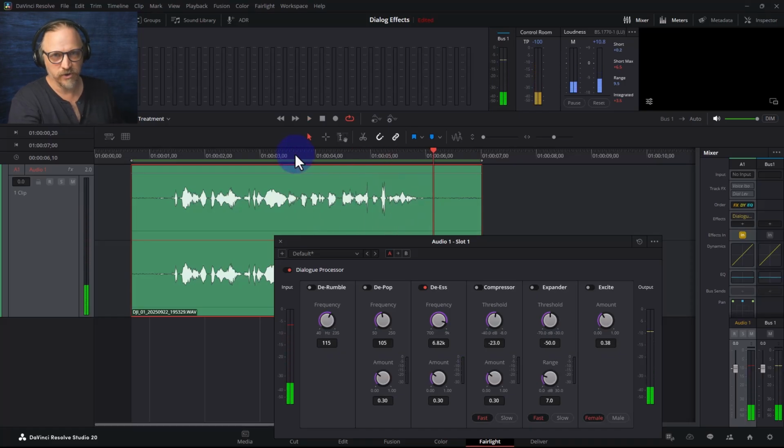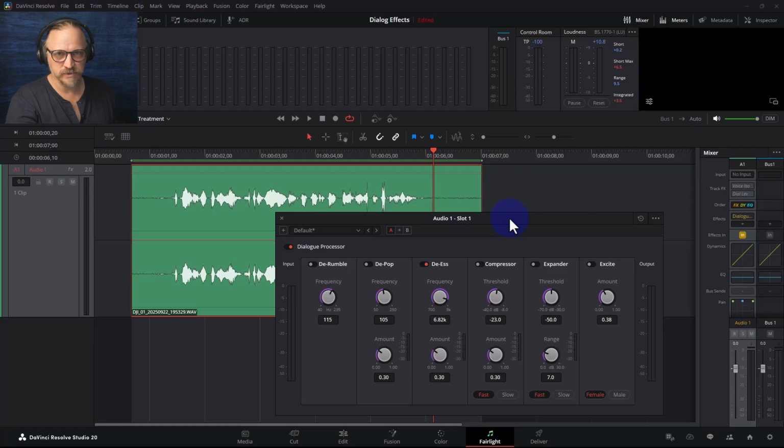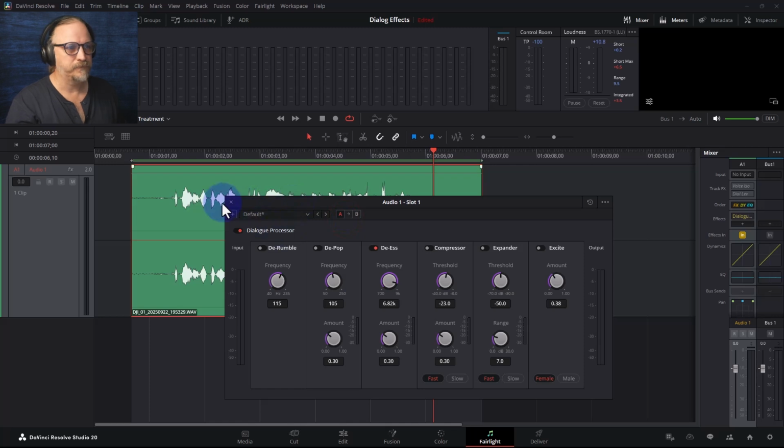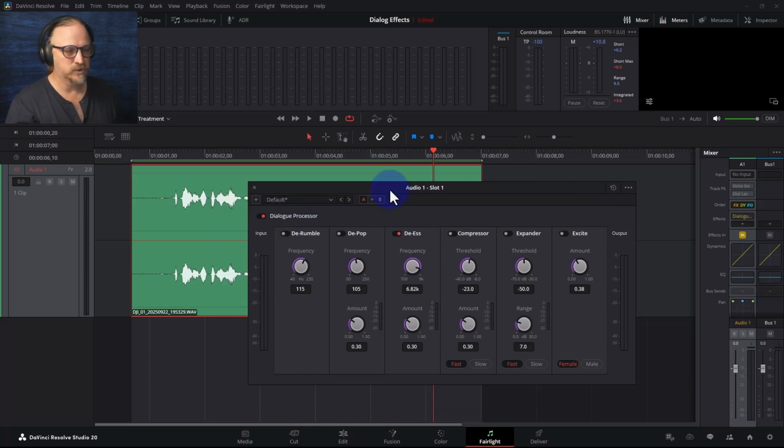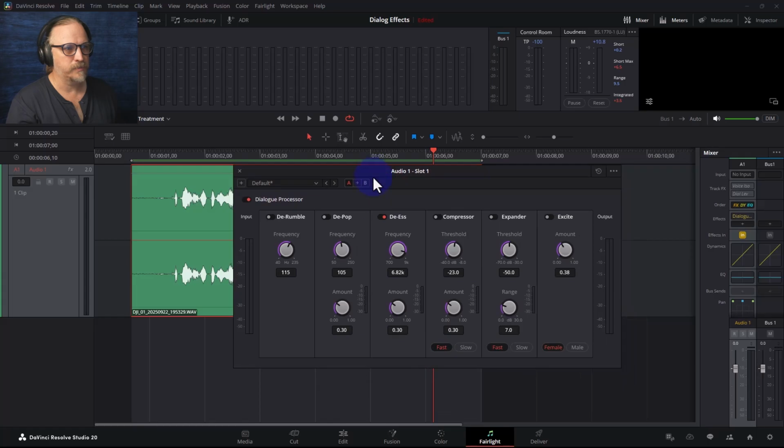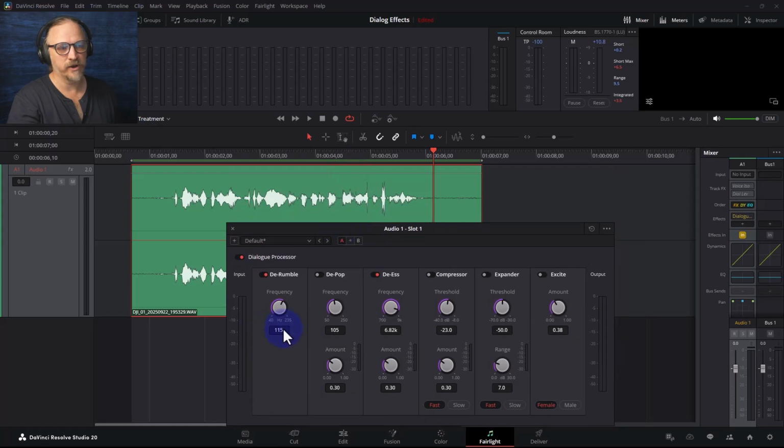Okay, it is now no longer cutting my head off, and hopefully not yours either. For the rest of this, you're going to want headphones, if you have them. You'll be able to hear some of the subtle differences. If it's in the speaker, some of the noise we're listening to is going to vanish into the noise of your listening environment. But we'll soldier on anyway. So this is a dialogue processing tool, and this is actually kind of a one-stop shop. We could de-rumble if you want, and what that'll do is take out the low end, everything below 115 hertz. So let's have a listen.